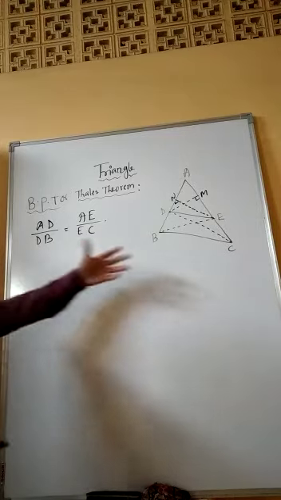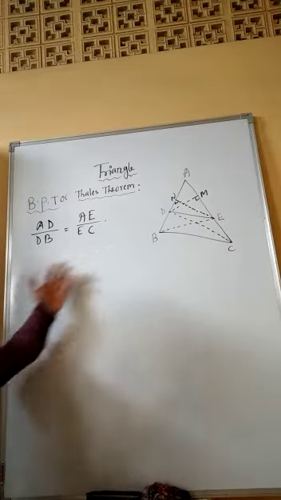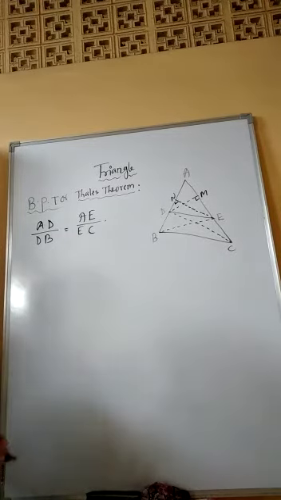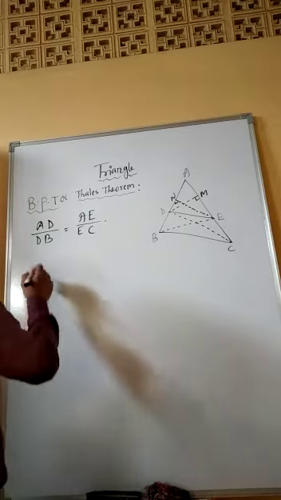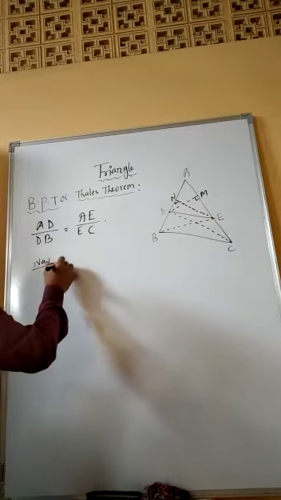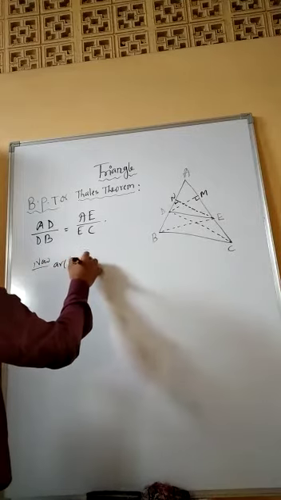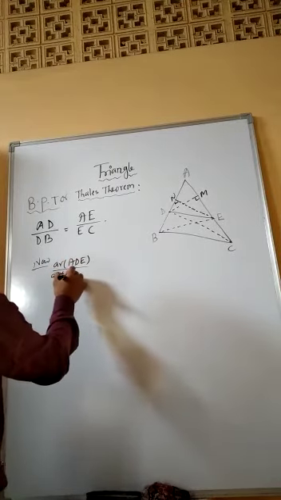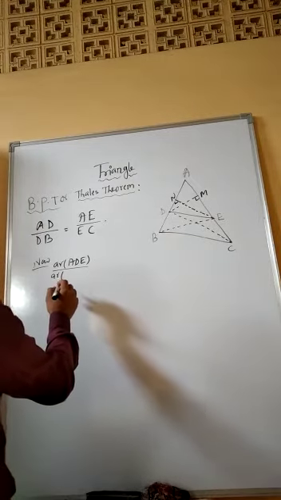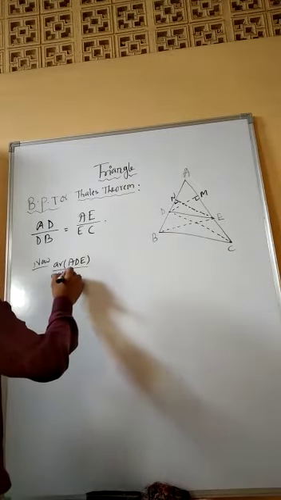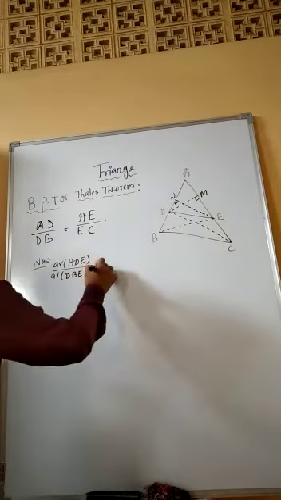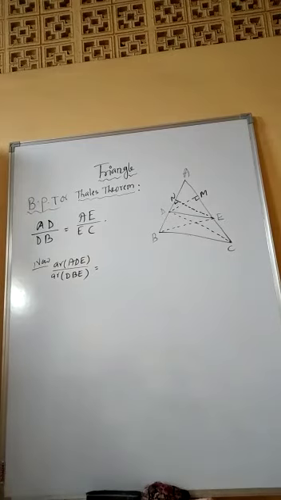You have drawn the diagram, you know the procedure in geometry: you have to explain the diagram, which line is parallel, and what is the given condition. Just I am giving here the proof in short. So area of ADE divided by area of DBE, what is the area of this one?